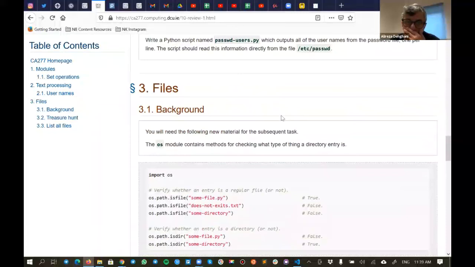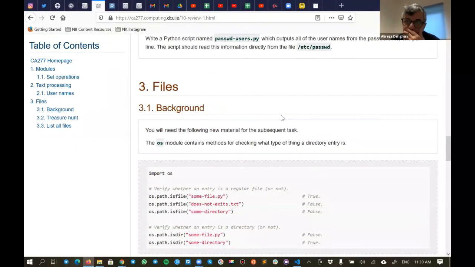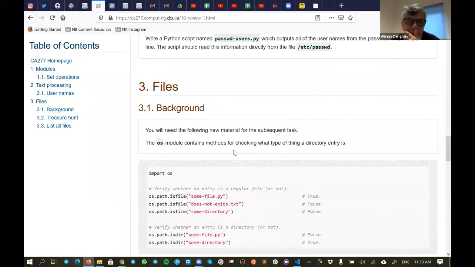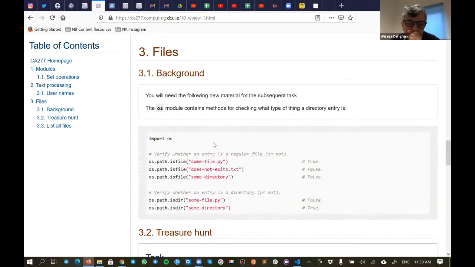Okay, so let's go to the files. That's an interesting and real world example. We are facing that a lot of the time. So what is the story? The story of that is,